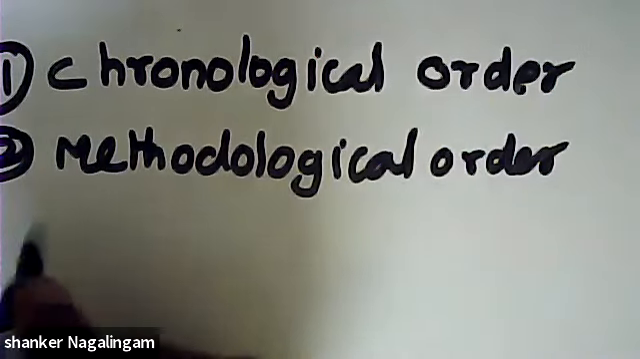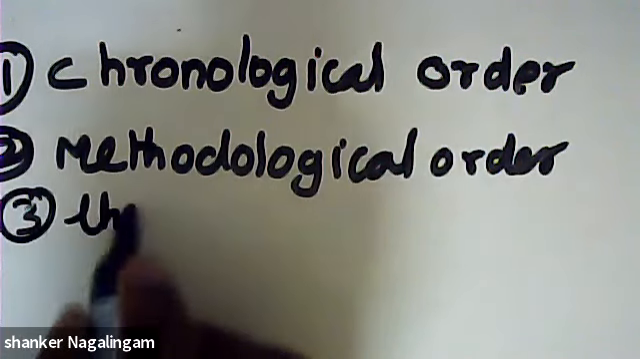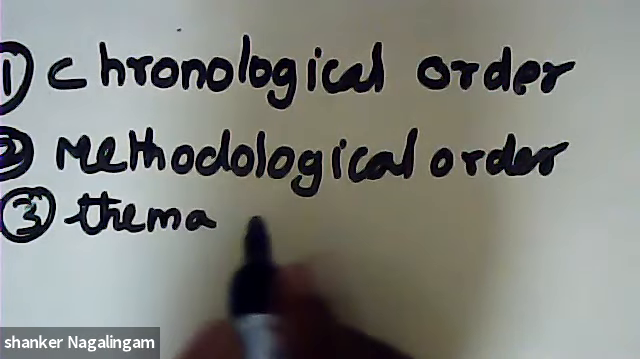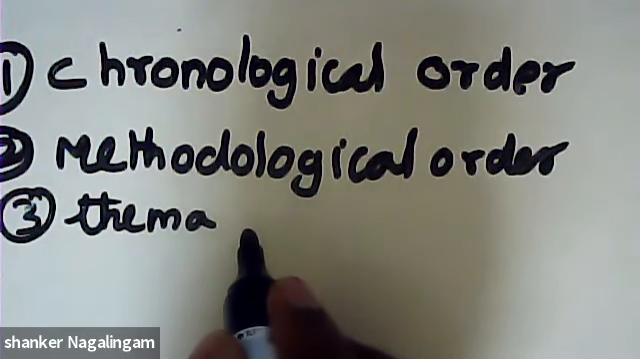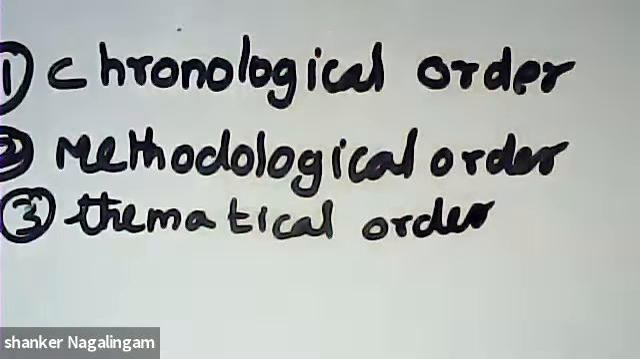The third is thematical order. Okay, this is called thematical order. See, when you talk about chronological order, it's very important where to write, how to write, and all those things. And that we'll discuss in further sessions. Before going for chronological order, when you talk about chronological order,